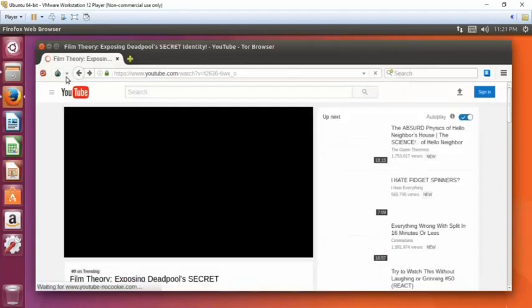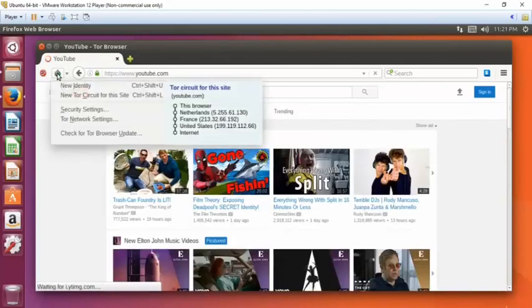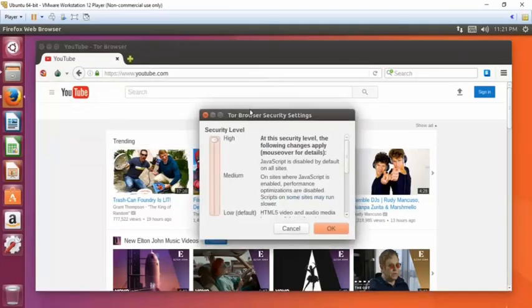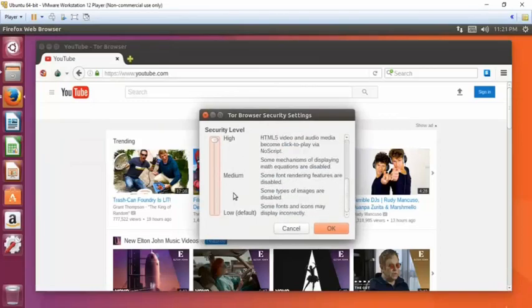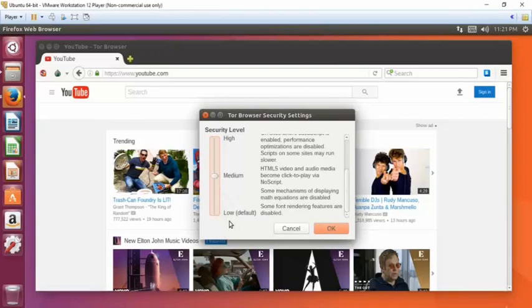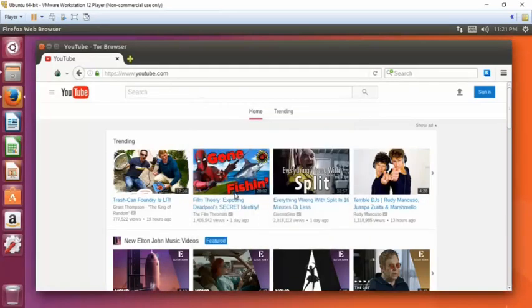Coming back to the new Tor, let me just go back to YouTube, sorry about that. Coming back to the new Tor, if you focus on the Tor circuit for this site, as I said, it's going to show you a visual representation of the chain of nodes being used. Now if you go into the security settings, and if we were to say medium or low, what would be really dangerous is if I